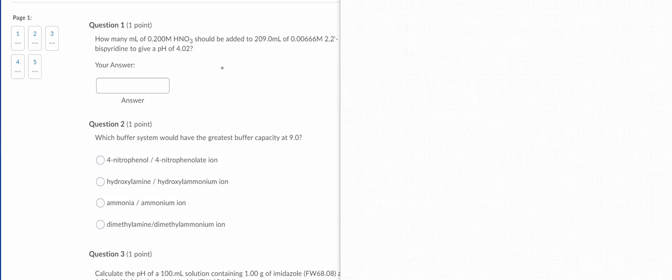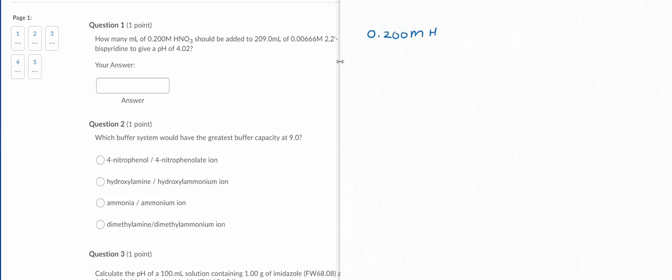Unit 2, Homework 2. Now, my questions are probably in a different order than yours, and any numeric questions may have different numbers. So I will show you the technique, and then you will need to apply it to your situation. My number 1 asks how many milliliters of